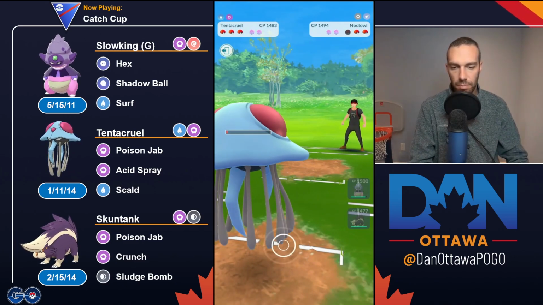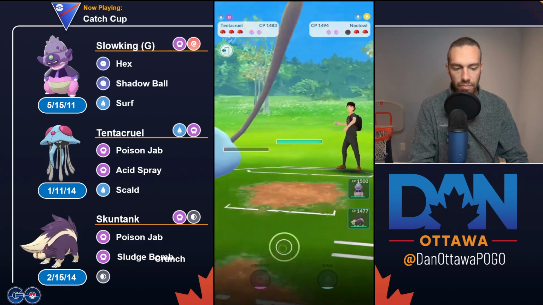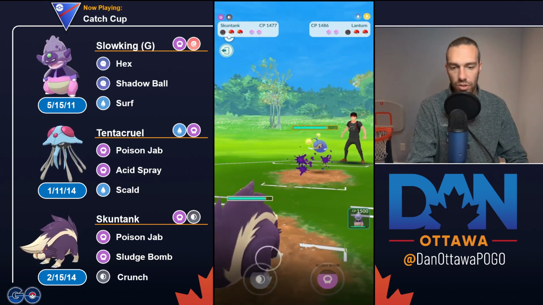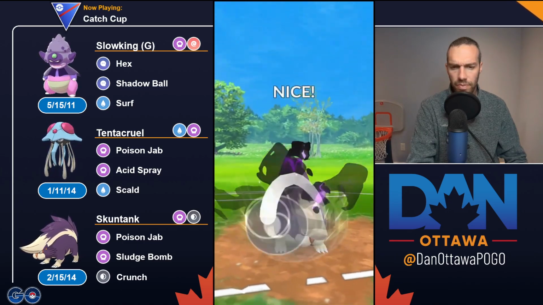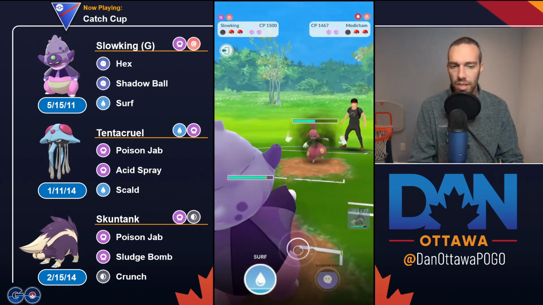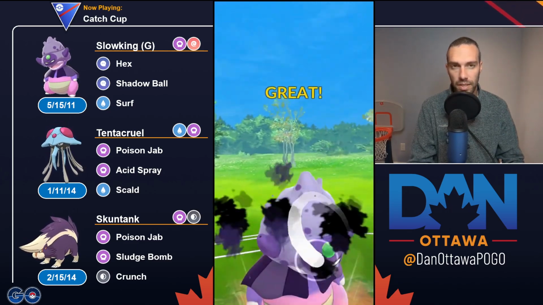Oops, I have the Crunch and the Sludge in the wrong spot here. Lantern far outpaces you to the Surfs. It takes like 7 Poison Jabs to get to a Crunch here, and it takes 5 Sparks to get to a Surf, and it only takes 2 Surfs to take you out. It just seems like these Pokemon, I don't know if it's a poison thing or